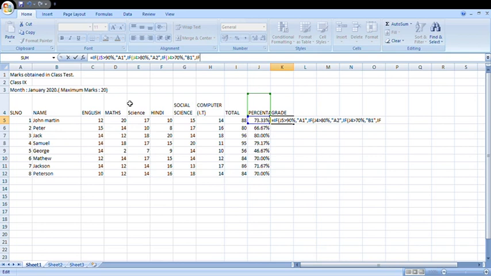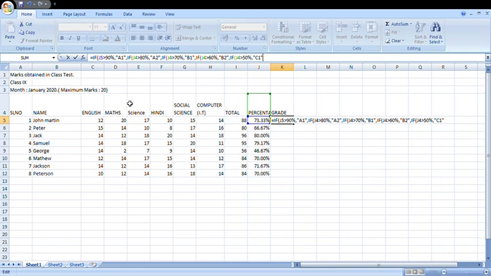Again, if J4 is greater than 60%, then B2. Then if J4 is greater than 50%, then C1.